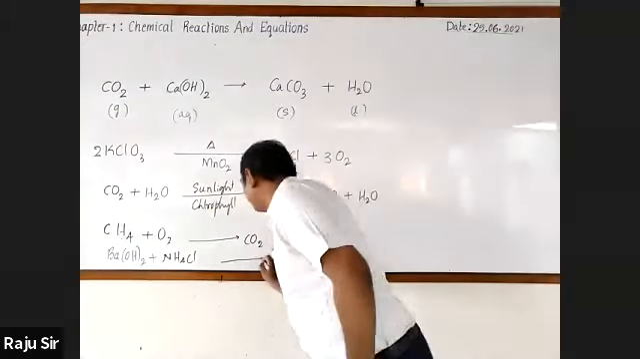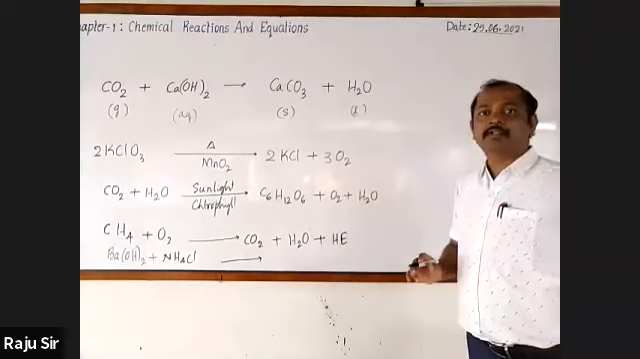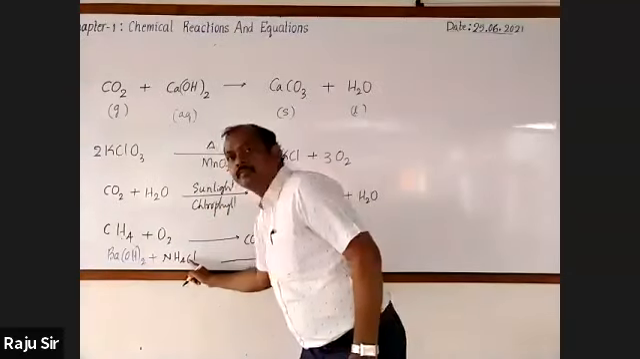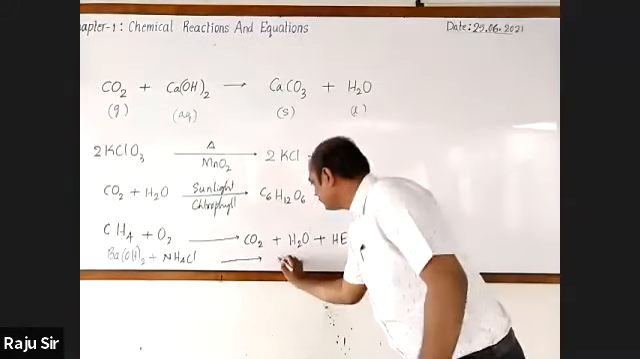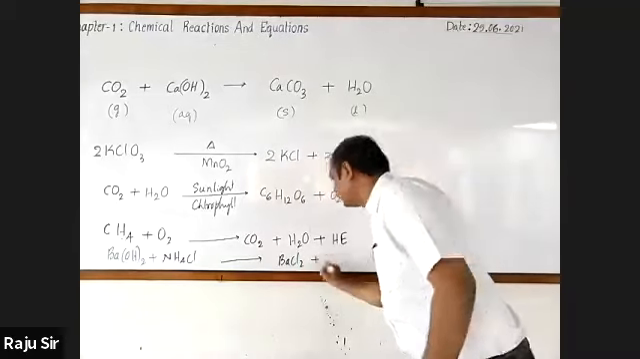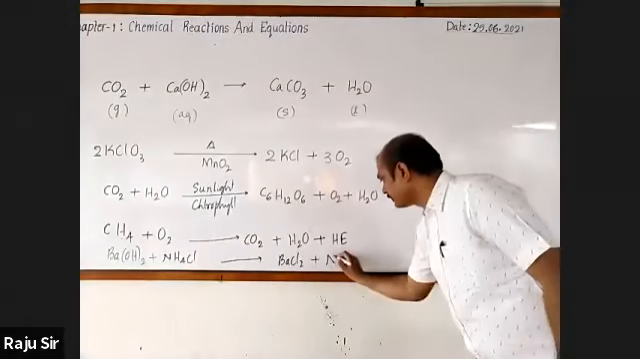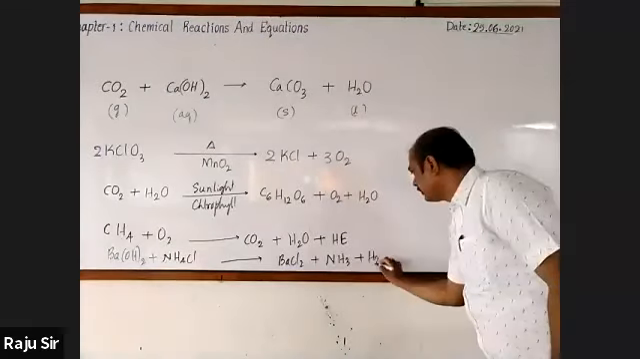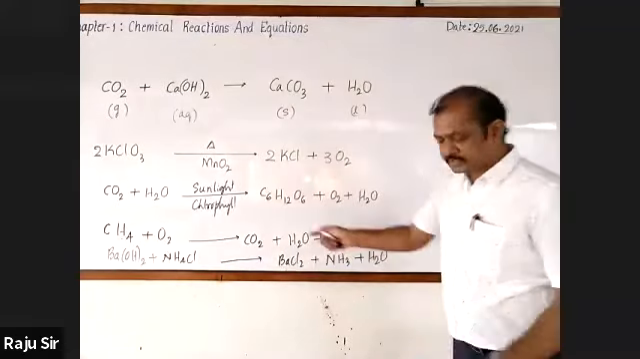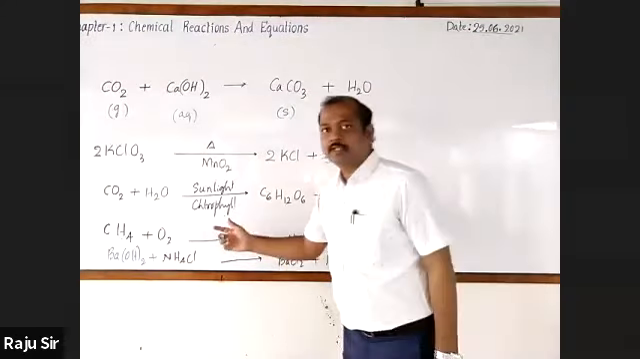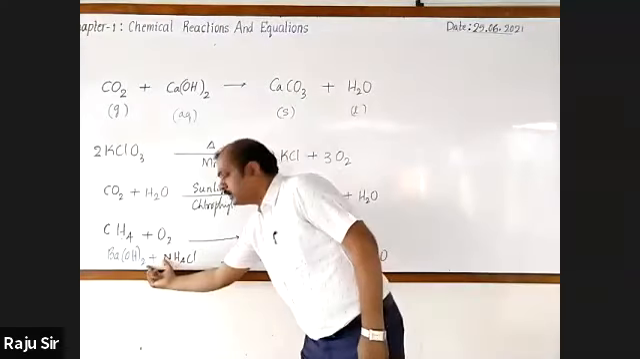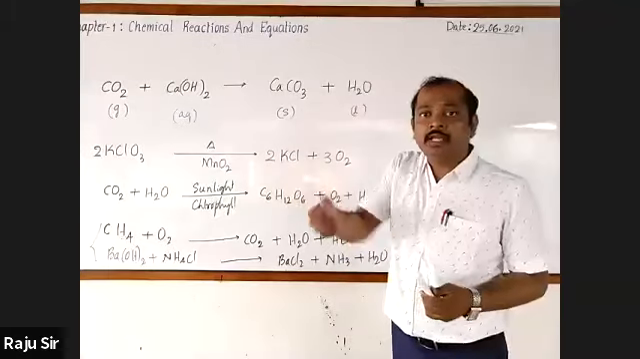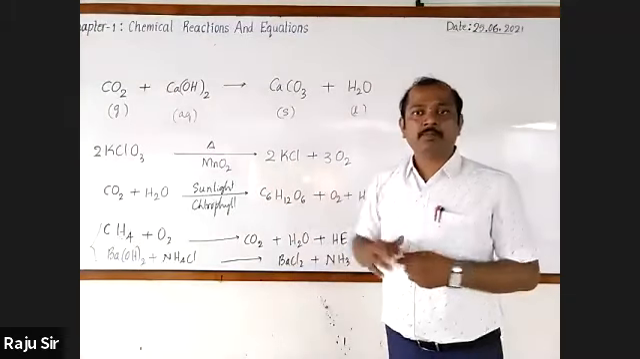NH4Cl. When these two undergo chemical reaction, they produce barium chloride, BaCl2, plus NH3 plus H2O. Look here, in this case, Nishka, please observe. These two reactants will undergo chemical reaction by absorbing the heat which is available in the atmosphere